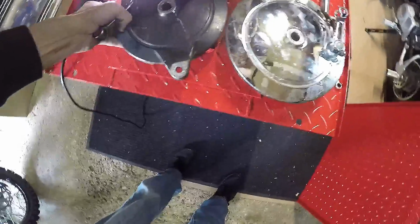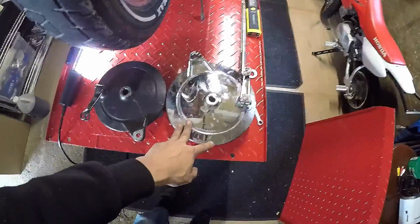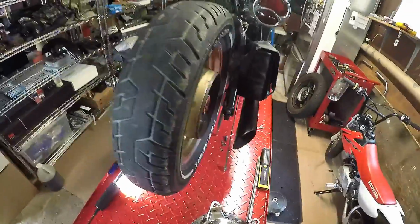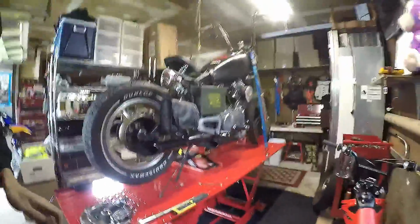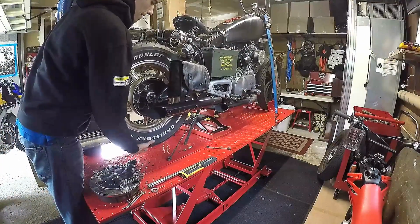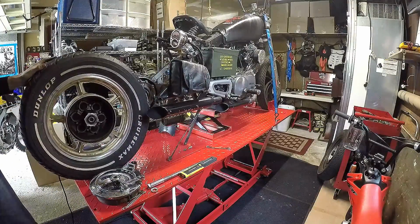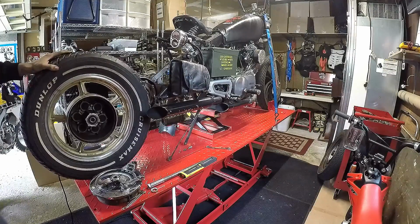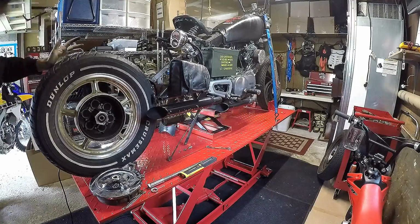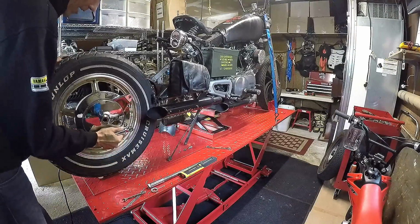The factory one is a lot smaller, so I understand why you need to mate the second gen wheel with the second gen brake. The issue that I'm running into currently is the rear tire can go on without it. But I had to deflate the air out of the tire in order to get it to squeeze through. And like I said, this is a 140. The tire that was on the bike was a 130, which barely fits the way the offset is. So if I throw this guy back in here,